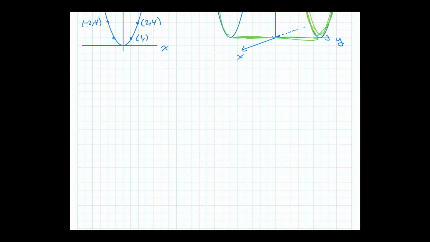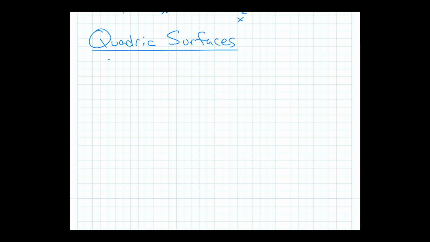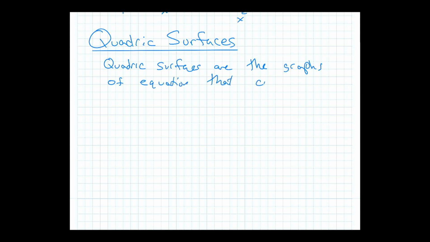So those are cylinders. Now let us talk about quadric surfaces. Okay, quadric surfaces. So they're very simple. That's a joke. Quadric, not quadratics, quadric. Quadric surfaces are the graphs of equations that can be written